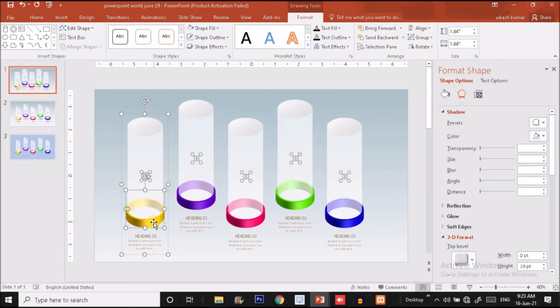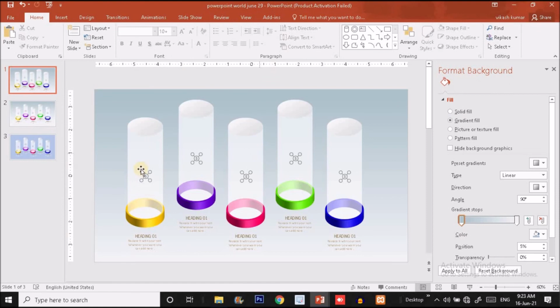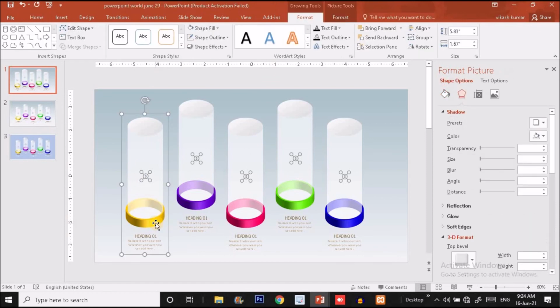To provide the shadow effect, here I have made a mistake, guys. I have to provide the shadow effect first, and after providing the shadow effect on the first shape group, I have to duplicate it more times. So I'm just showing you how we can provide a shadow effect over here.